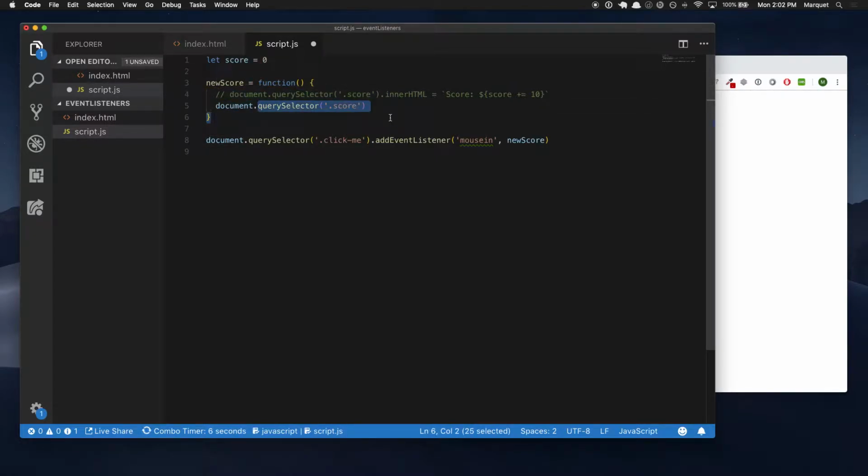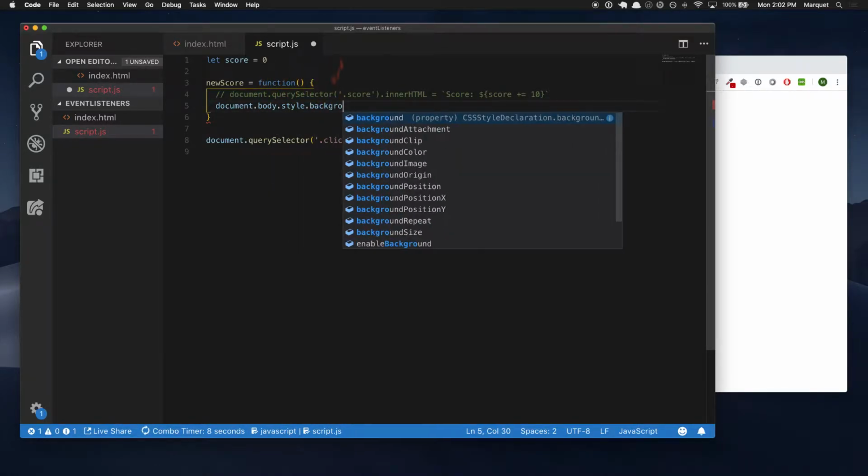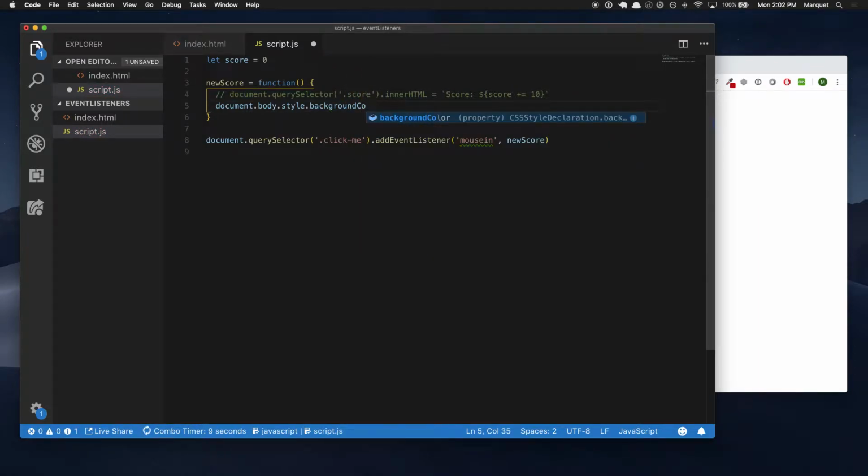I just want to show another example of another type of event listener. So I'm going to change this to body style, background color blue,